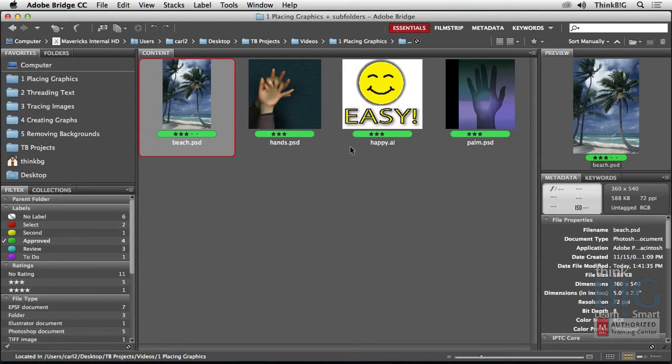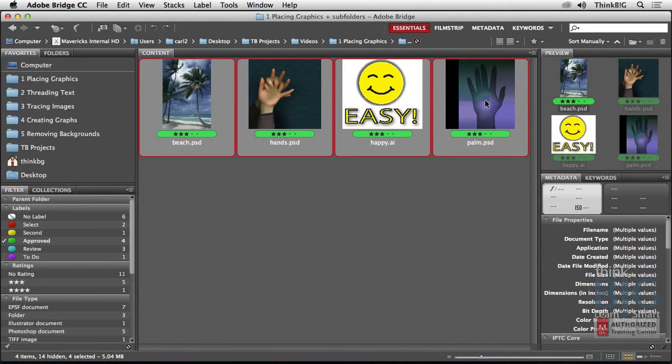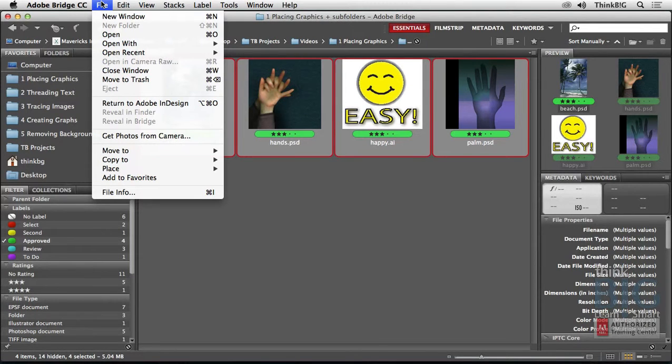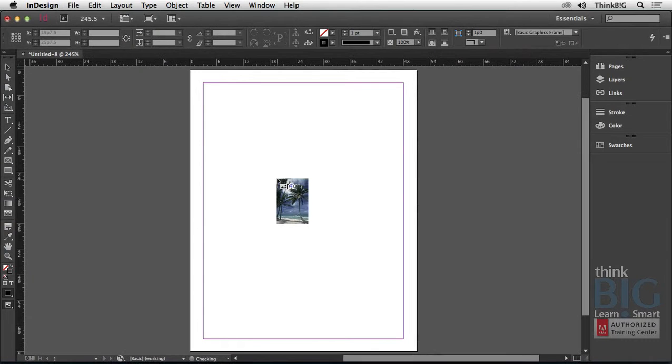So when I click on Approved, you're seeing all of the 4 files that have been approved, regardless of which subfolders they're in. And then to place those in InDesign, I'll simply make sure the first one's selected, and then shift-click the last one. You can also use the Control or Command keys to grab individual images. And then from the File menu here in Adobe Bridge, I'm going to use the File Place in InDesign command. Also notice you can place images in Photoshop as well as Illustrator. So I'll choose InDesign, and those images have been driven across the bridge, if you will, and ready to place